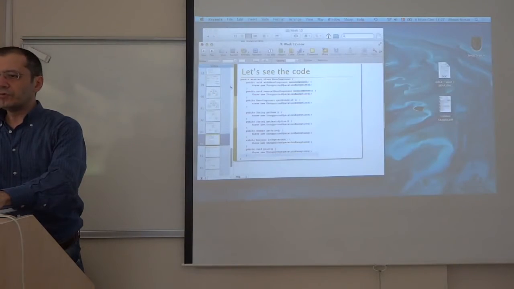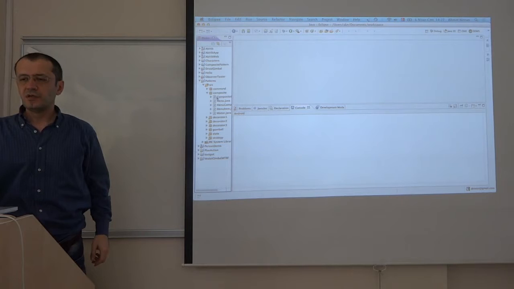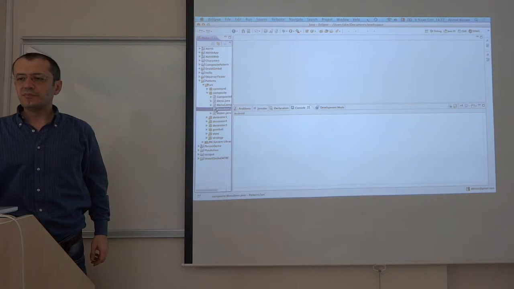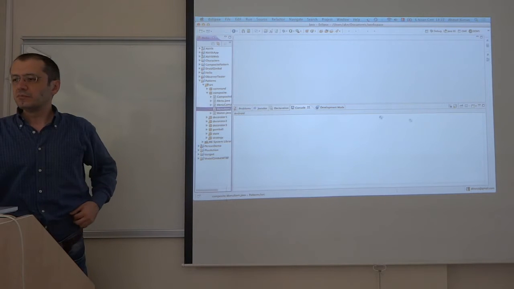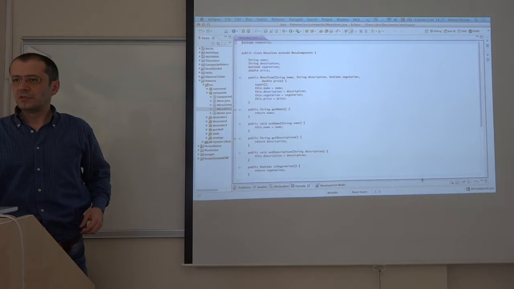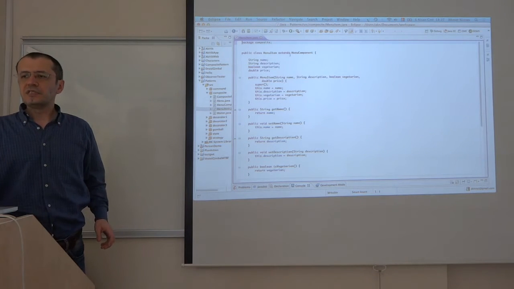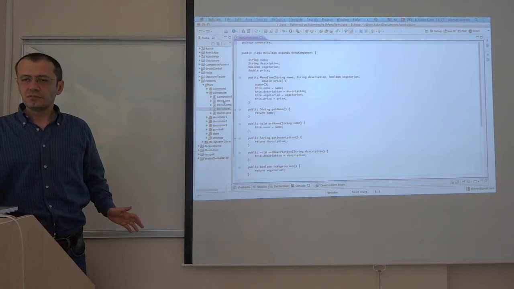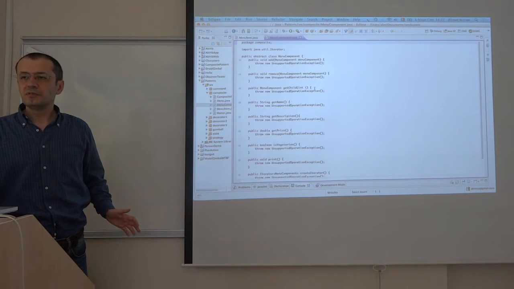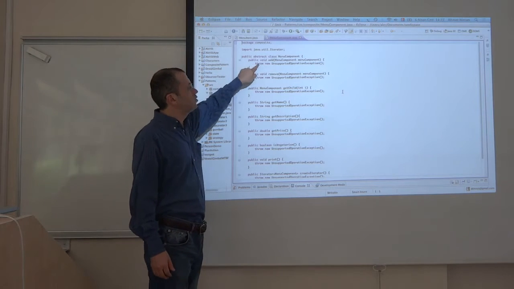I will show you the code now. This is maybe better to show like that. What we did is we had a menu item. It is extending the menu component. So let's see the menu component. Menu component is an abstract class. It is throwing